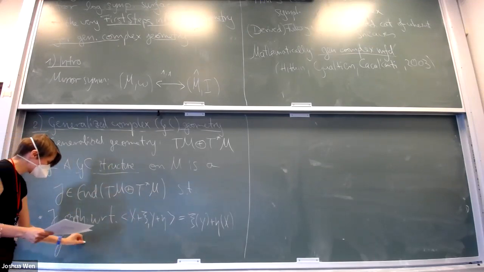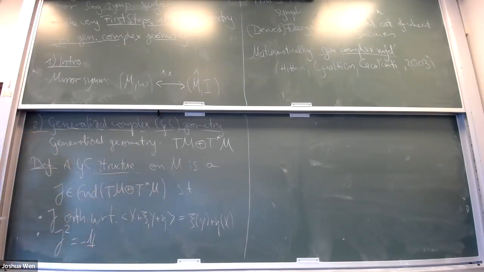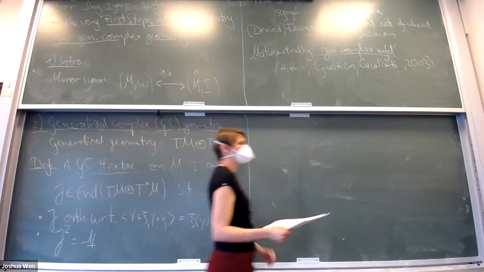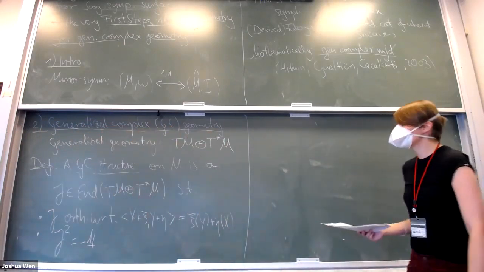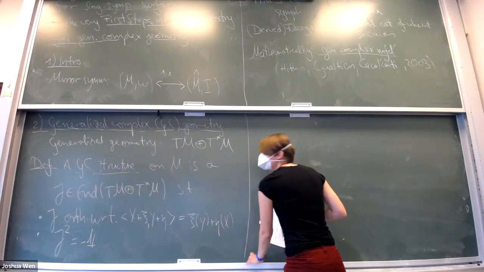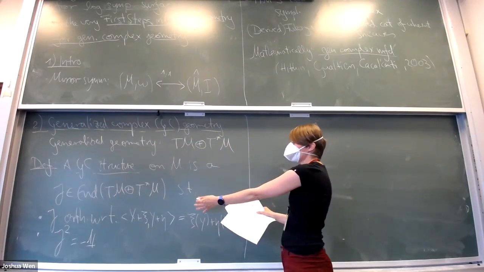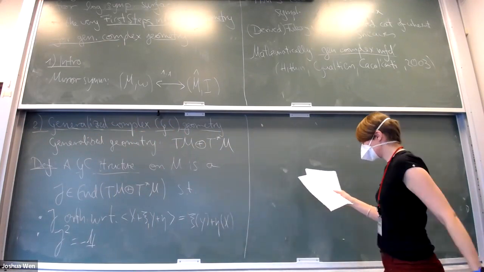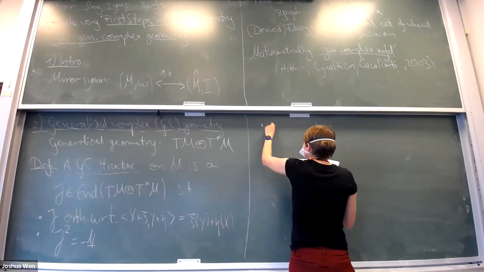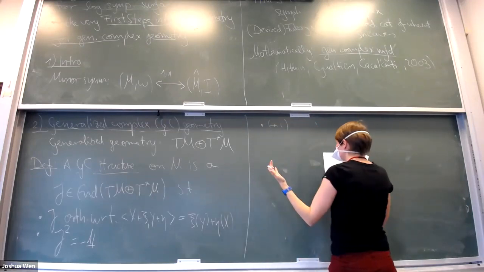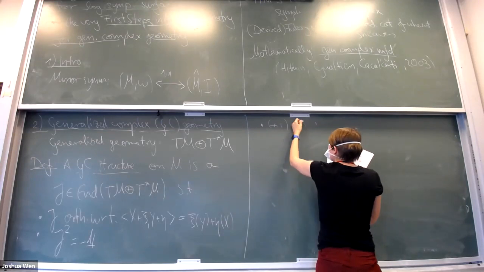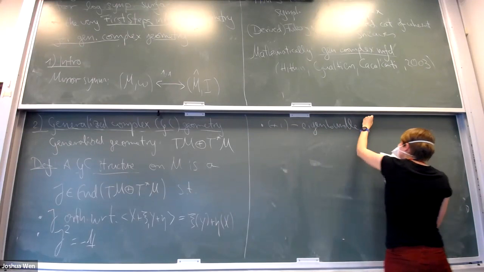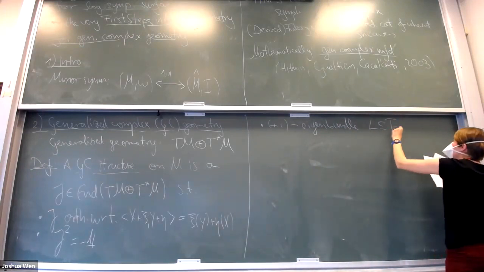Then we also require that this endomorphism square to minus the identity. So here you can already see this looks exactly like an almost complex structure just on the tangent bundle. And so this is then basically what we would call an almost generalized complex structure. And then we have an integrability condition, just like for ordinary complex structures. And that is also basically the same, which is that the plus i eigenbundle, which is a subbundle of the complexification,